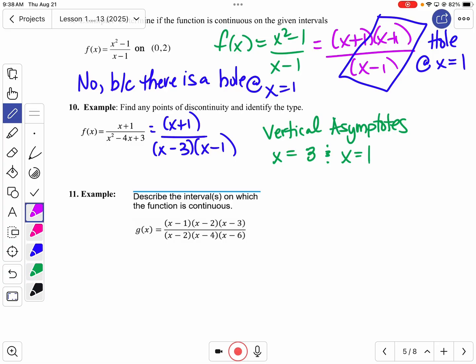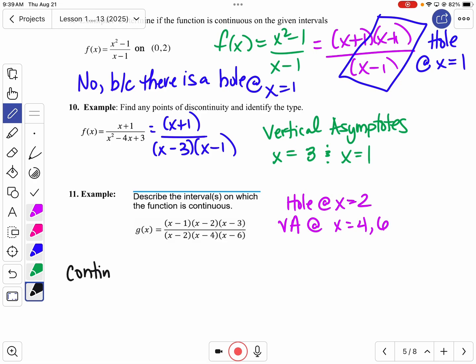All right, so talk to me about the issues. What are the problems in this one? There's a hole at 2. Anything else? Okay, we got vertical asymptotes at 4 and at 6. So if we want to describe the intervals on which it's continuous, we've got to do everything but those values. So we're going to say we are continuous on